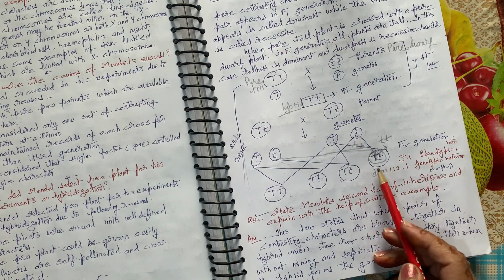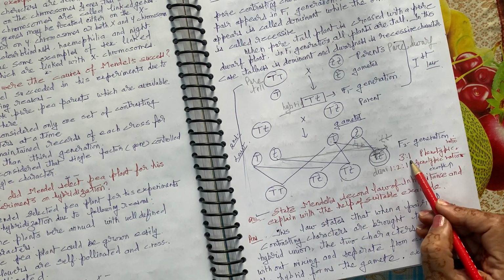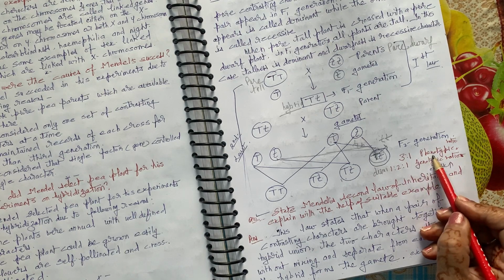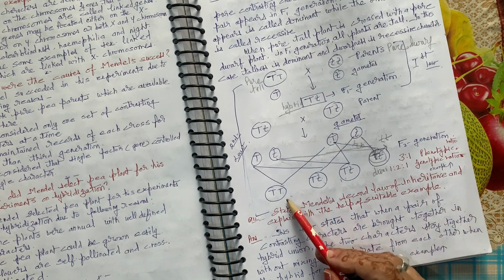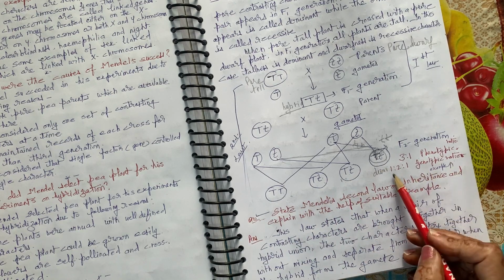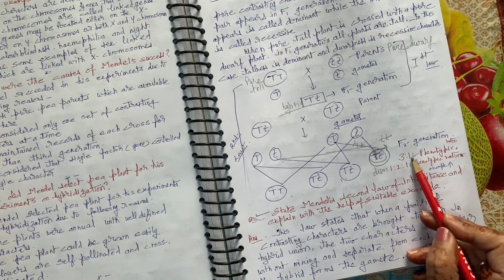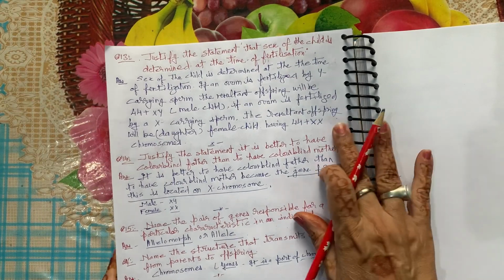तो इसका जीनोटाइप है, और बाहर से देखने में तो 3:1, यानी कि 3 टॉल प्लांट्स होंगे, एक शॉर्ट प्लांट होगा, ये फीनोटाइपिक है। और जीनोटाइप देखेंगे तो एक प्योर टॉल, 2 हाइब्रिड और एक प्योर ड्वार्फ। तो जीनोटाइपिक रेशियो आएगा 1:2:1, ये जीनोटाइपिक रेशियो, और ये फीनोटाइपिक रेशियो। ठीक है।